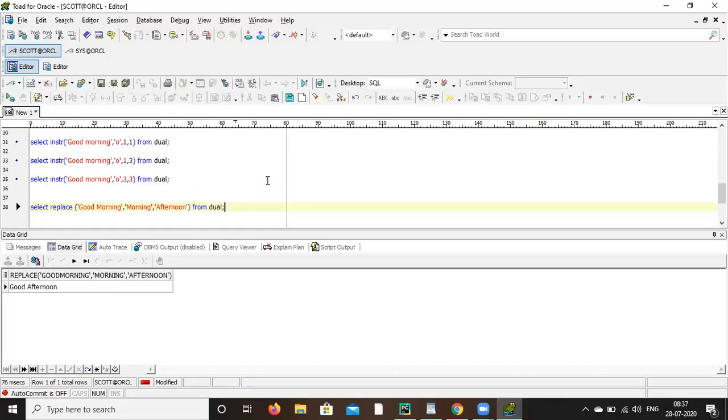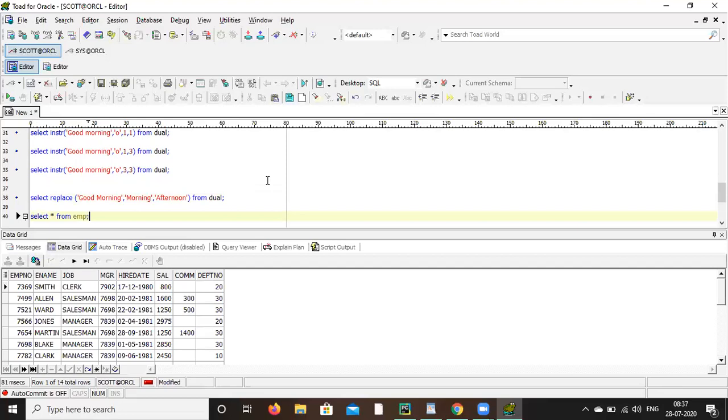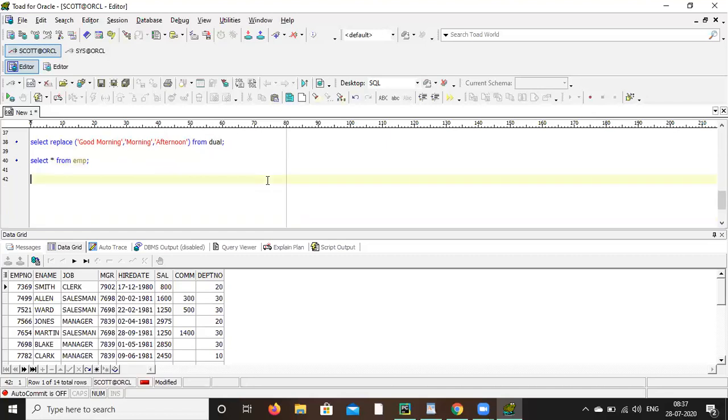Okay, now let's do some on our actual table. Select star from EMP. Now suppose you want to use any of these. How to use them? Let's say, for example, you want to concat.